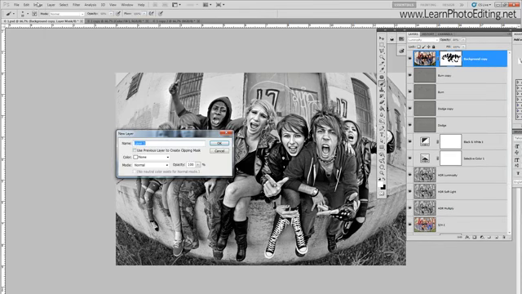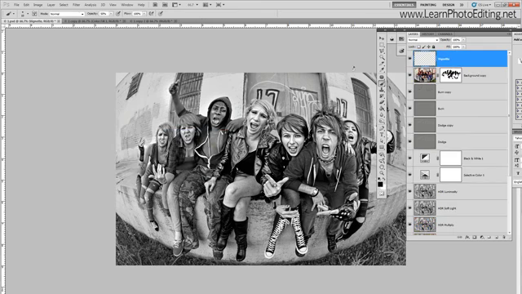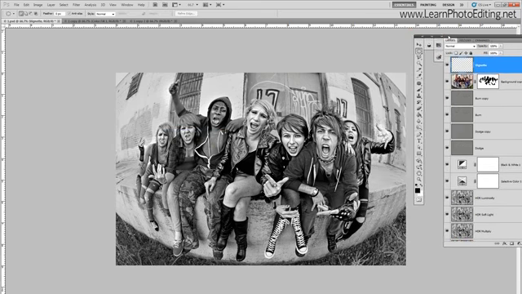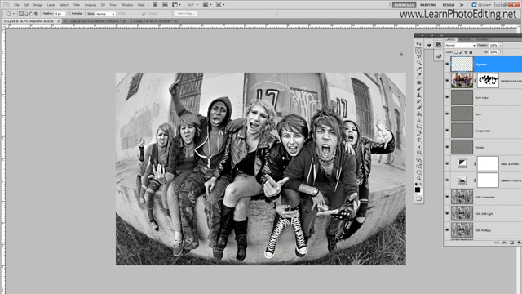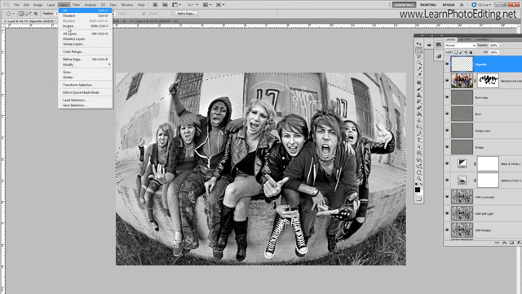So layer, new layer. Let's call this vignette. And to create a vignette, we just need to use the elliptical selection tool here and click in one corner and release when you reach the opposite corner, and then you go select